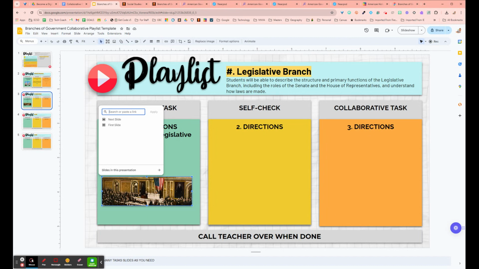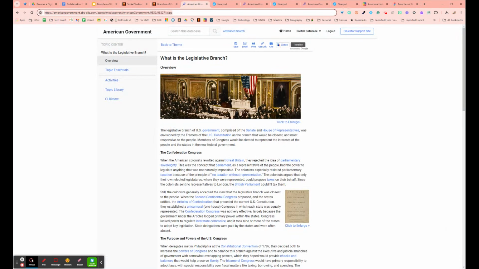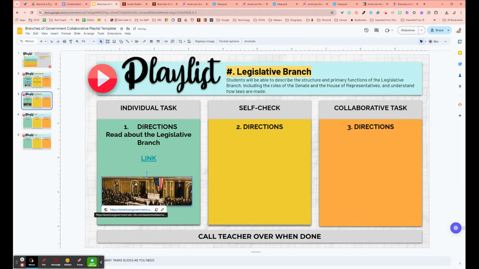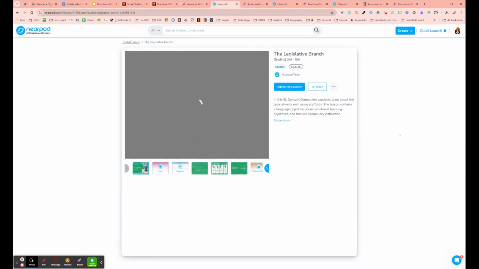and my paste does not seem to want to work. Let's do it one more time. Copy and paste. There we go. So now they can get to that article. All right, so then they have their self-check, which they are going to go through this legislative branch